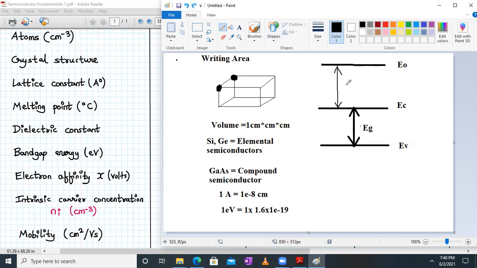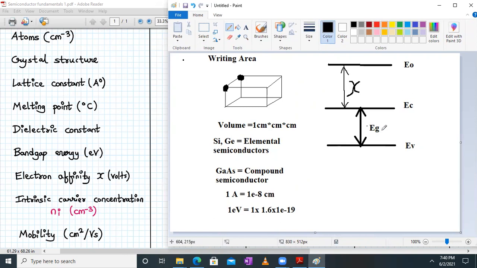Okay, this is my electron affinity. It is given in volts, but if you want to represent it in terms of energies, it will be 4.01 electron volt. So this distance is around 1.1, and this distance will be 4 times that. As you can see, the distance between the conduction band and the free energy space level will be around 4 times more than the Eg level, that is the energy band gap.